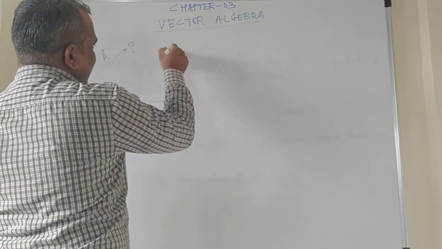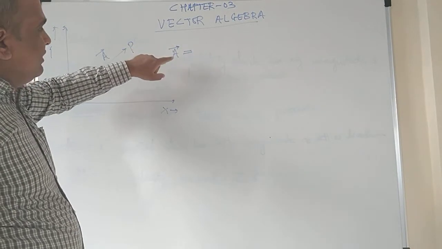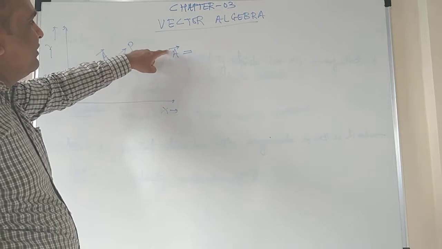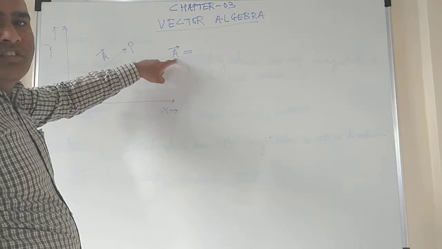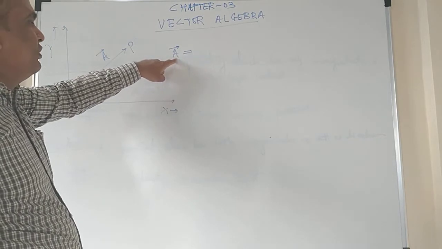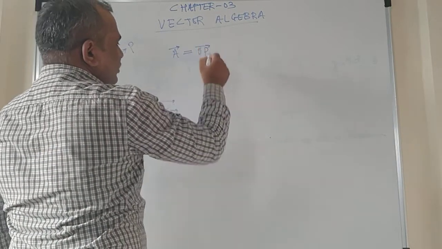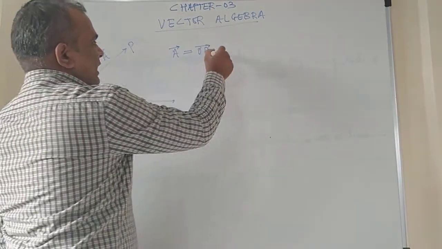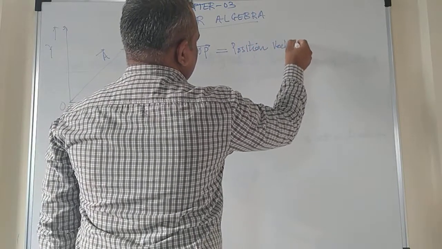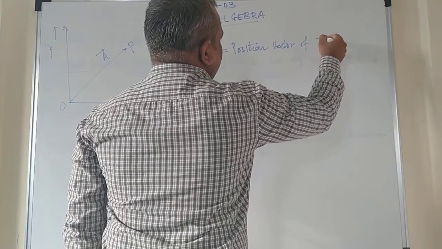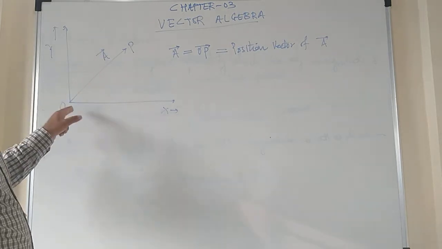So this vector A bar is represented, this is the style of writing the vectors. The given vector and this arrow represents the direction of the given vector, and A is the symbolic representation of the vector as well as it shows the magnitude. Clear? So this A bar is a vector which I can represent as OP bar, and hence OP bar is called as the position vector. It is a position vector of A bar. Got it? It represents the position of a vector A bar with respect to origin O.